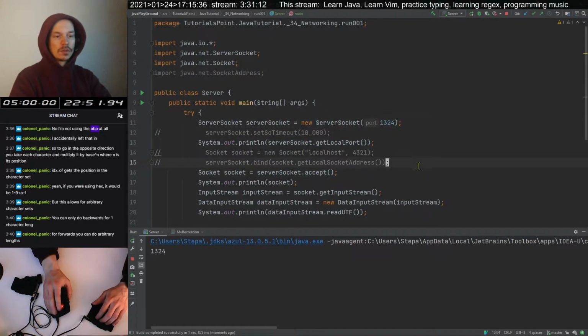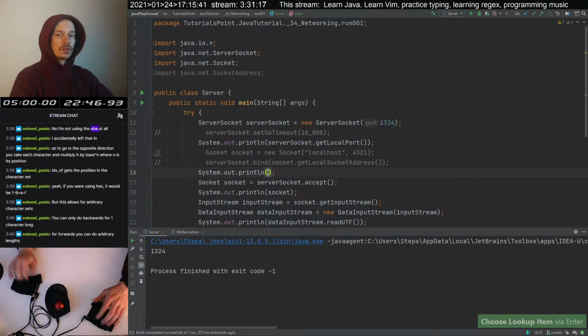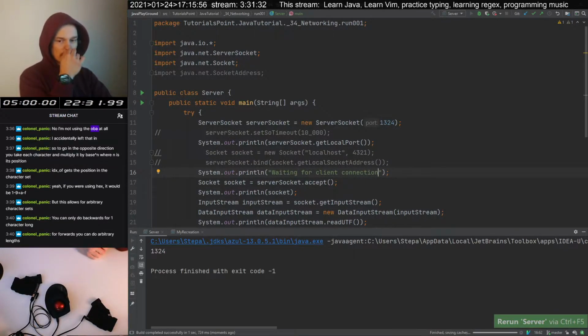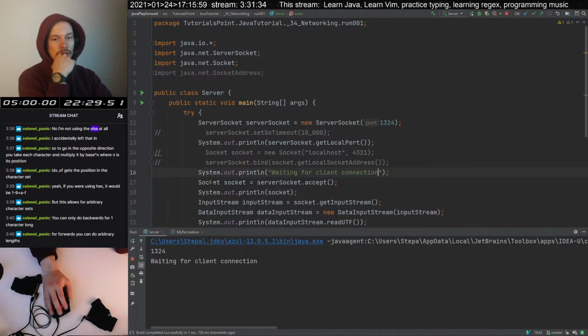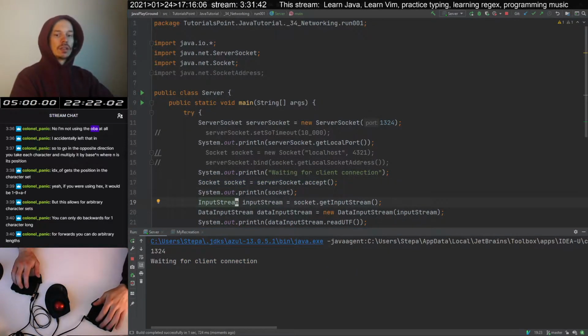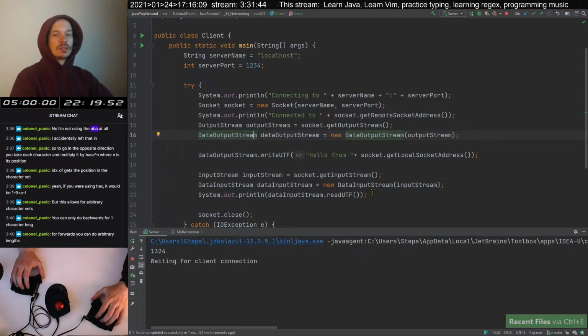And it's waiting for the accept, but I will write it down here so it's clear what it is doing: waiting for client connection. This is what's happening right now. So when I run the server, we are here on line 17, and we are waiting for the client to connect. If I go to client and I run it,